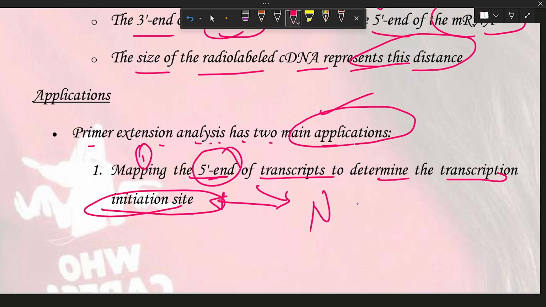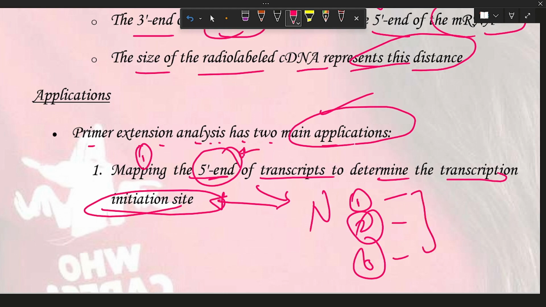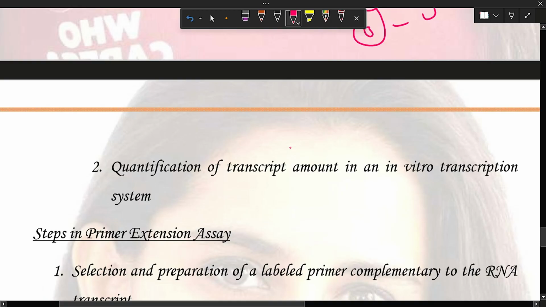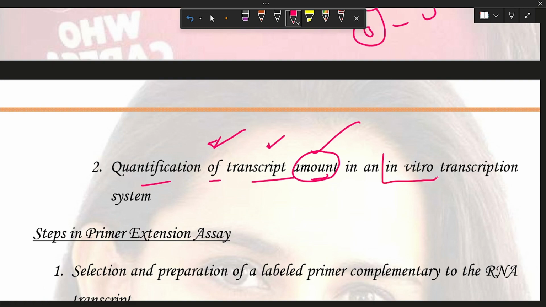If we take more than two mRNAs and all their 5' end nucleotides are the same, that will be considered the starting nucleotide, so transcription always starts from this particular DNA sequence. The second is quantification of transcript amount: the amount of a particular transcript can be analyzed in vitro, meaning outside the living body.